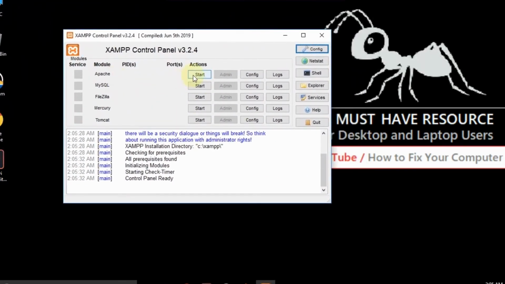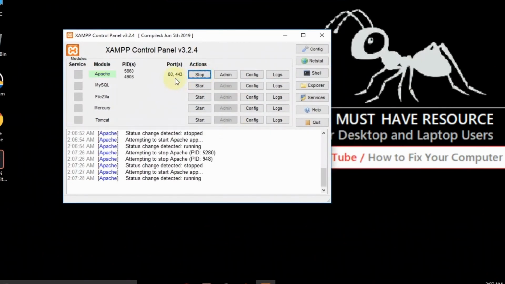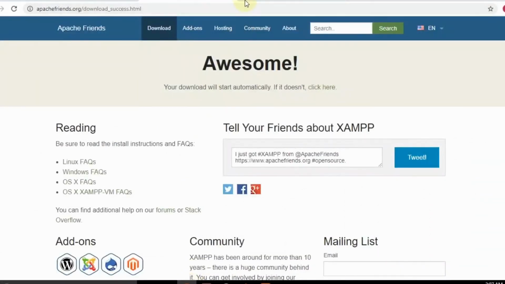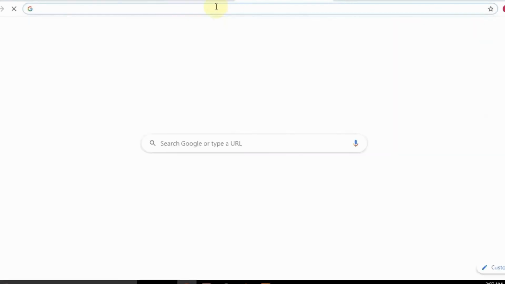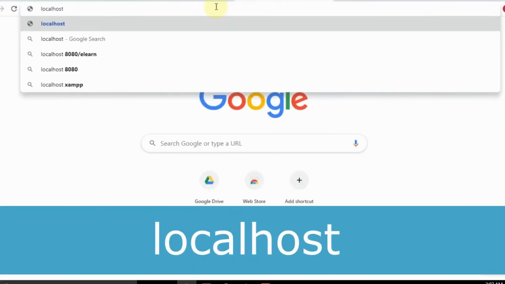When it runs, you will see that there is Apache. Click on Start. When it starts, you can go to your web browser and type localhost